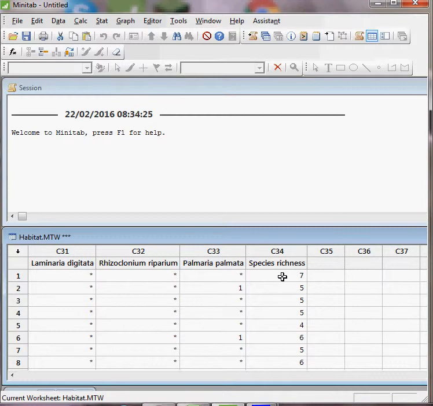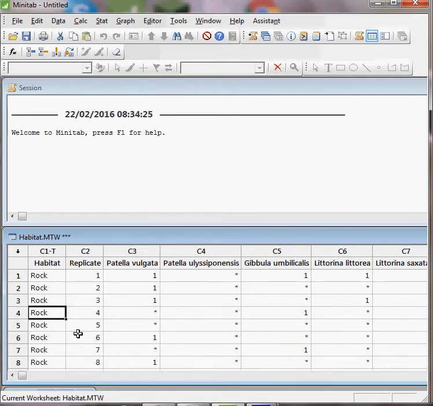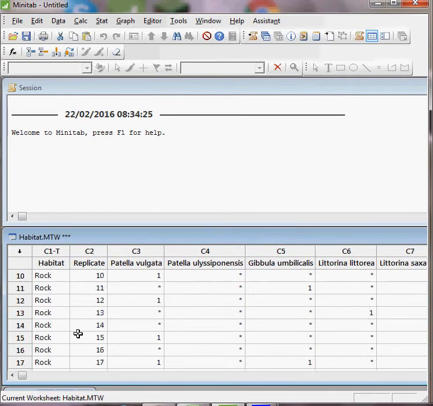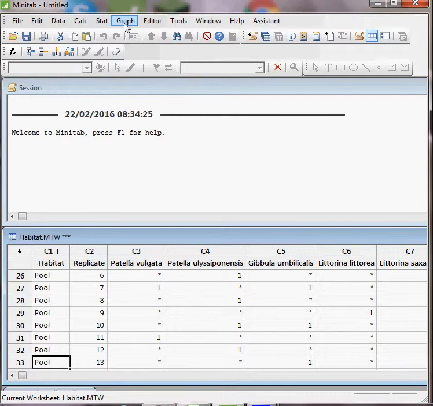And this is summarized as a species richness. So we've reduced information on the kinds of species that are available to a single measure of species richness within that particular sample location. And we have a number of replicates from different rock sites and a number of replicates from different pool sites. So the first thing we might want to do is just do some visual checking on